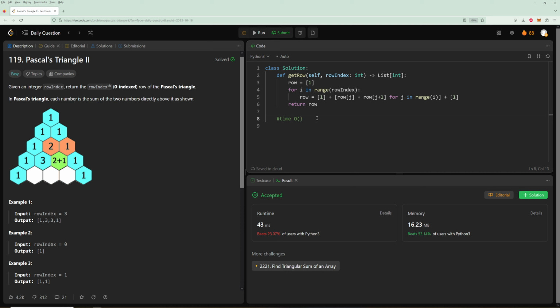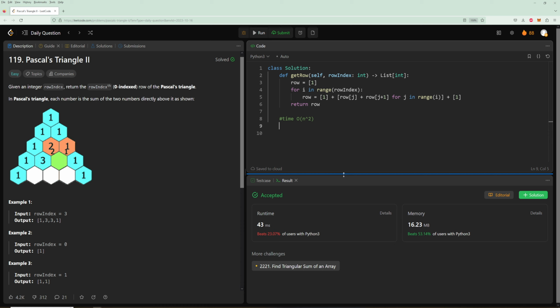So for the time, if you think about it, we're essentially going down to the row we need. Whatever this row index is, we're building and building and building. And how many rows do we need to build? Roughly row index. This isn't exactly n by n, but it's roughly that, right? So to build row 4, we need to fill in 3 elements and so on. So this is basically n squared for time, because it doesn't look like a square, but it's roughly a square. Okay. And for the space,